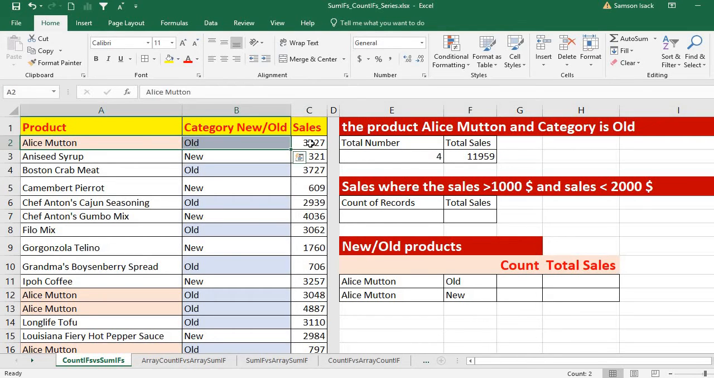Alice and old. 1, 2, 3, 4. You can see the status bar: 11,959. Okay, so 11,959, 11,959. So this is correct. So this is the way you can use the CountIF function and the SumIF function to